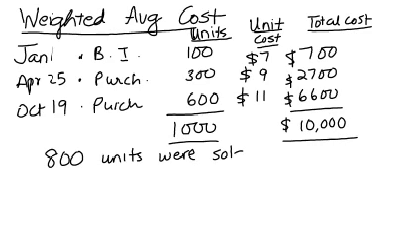It doesn't matter which of these 800 units. The customer could have picked some from here, some from here, some from here. It doesn't matter. What we are going to do is we're going to learn how to find the weighted average cost of these 1,000 units. The formula for weighted average cost per unit